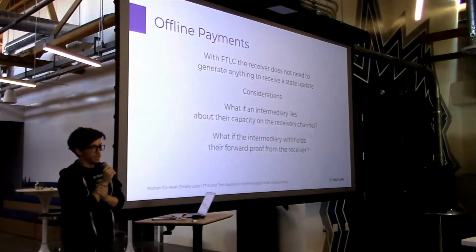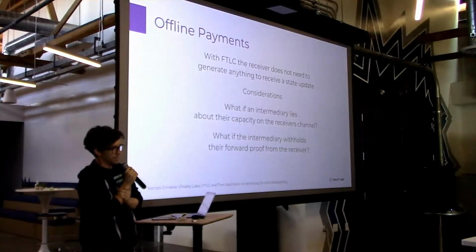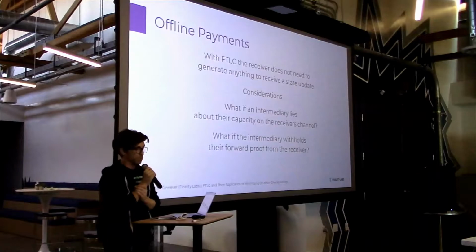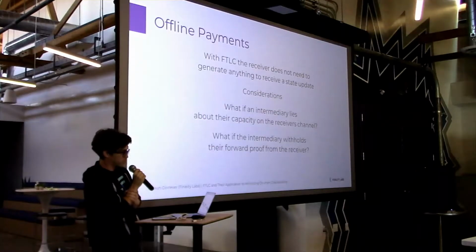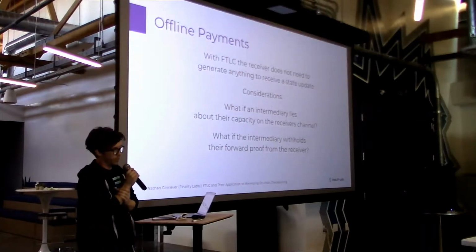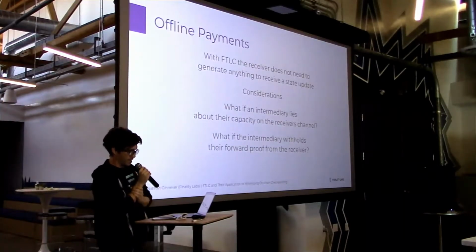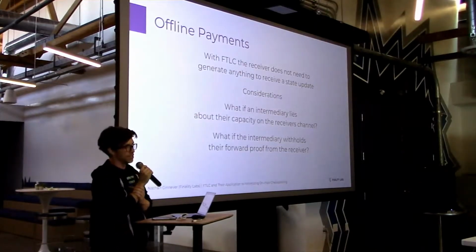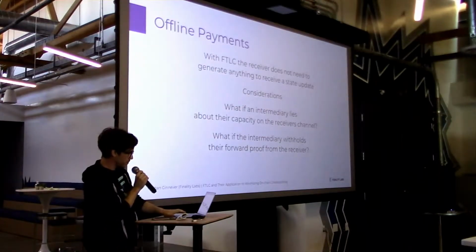And that's kind of what Plasma does. It sort of forces you to be honest. So you would have to construct something to where the hub makes a commitment on the main chain that attests to the fact that their capacity is valid and it's provable some way. And there's another thing of what if the intermediary withholds the forward proof of the receiver. This is a data withholding problem that Plasma deals with as well. And the answer to that would probably be similar to how Plasma deals with it. If I notice that I'm not receiving a forward proof, then I could request that this coin history be shown. And if it's not, then we can assume there's a problem.